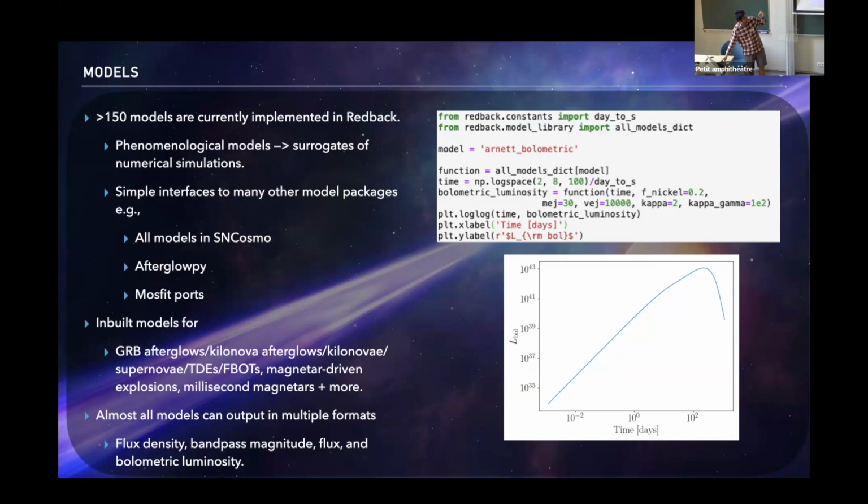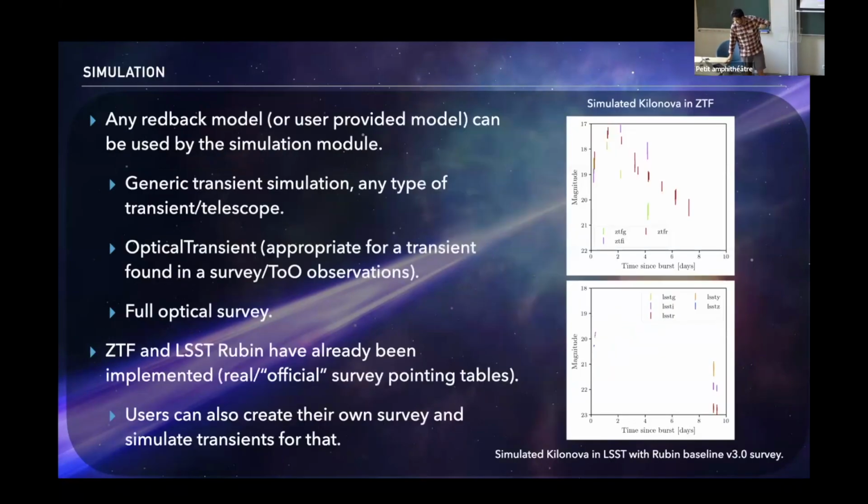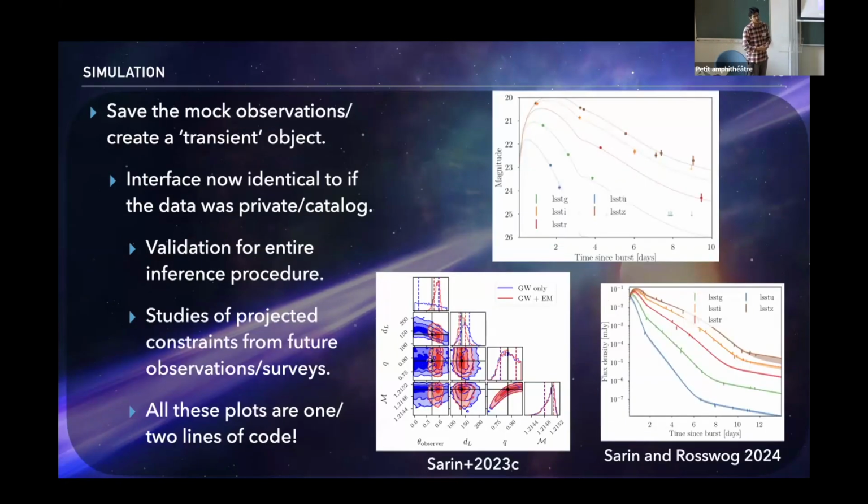And so basically that's the interface for calling a model. But then again, every model can be used in the simulation module. For example, I can take one particular kilonova model, and within a few lines of code, I can simulate what that would look like exactly in ZTF or in Rubin. You can already see from the difference between the top and the bottom that Rubin is not going to be that good for kilonovae. You can do this already for ZTF and Rubin, but hopefully we can implement them for other telescopes in the near future. And what that enables is that you can test out your survey strategies, etc.